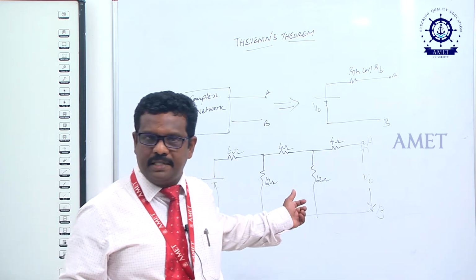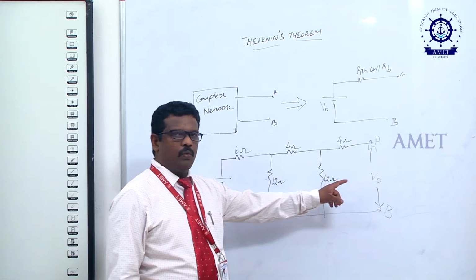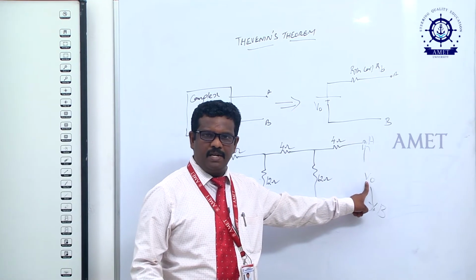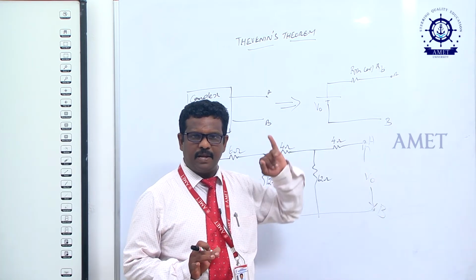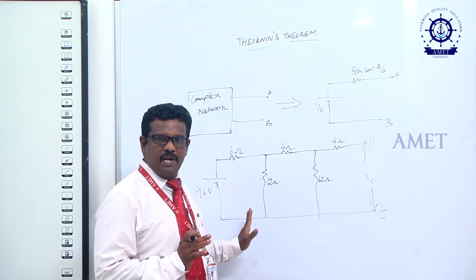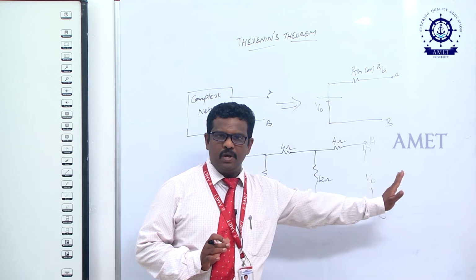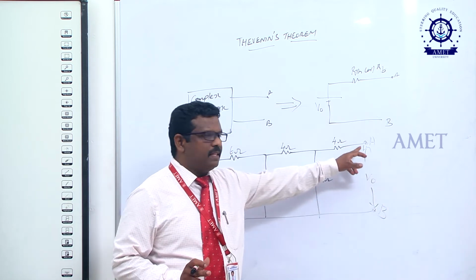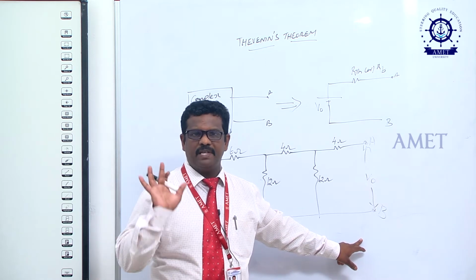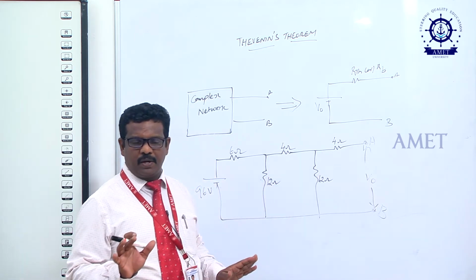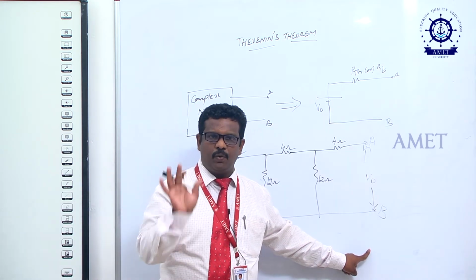So now we are going to see the simple mesh method, right. What is V naught? The first step is to remove the load resistance. Step number 1: from the original circuit you remove the load. Once you remove the load, that point automatically becomes open. That terminal we call the open circuit. What is the voltage across those 2 points? That is called the open circuit voltage, right.